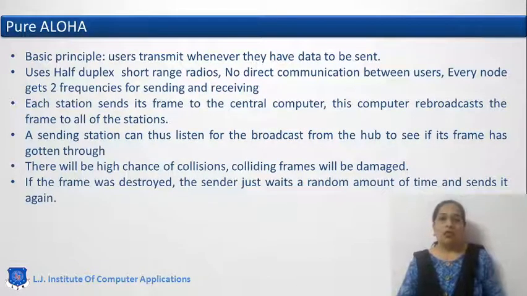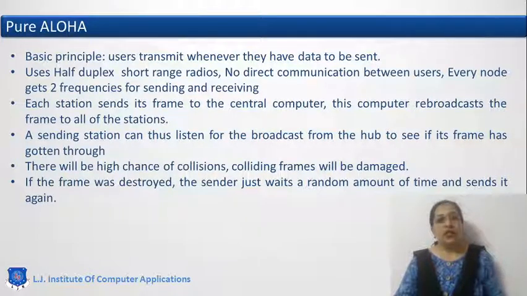The Aloha protocol has two versions. The main Aloha protocol is also called pure Aloha, and then comes slotted Aloha. So what is pure Aloha? Here the basic rule is that each and every sender can transmit their data when they are ready to transmit. Of course there are chances of collision, because if more than one sender accesses the same channel and transmits their data, there are chances that those stations' frames collide with each other.